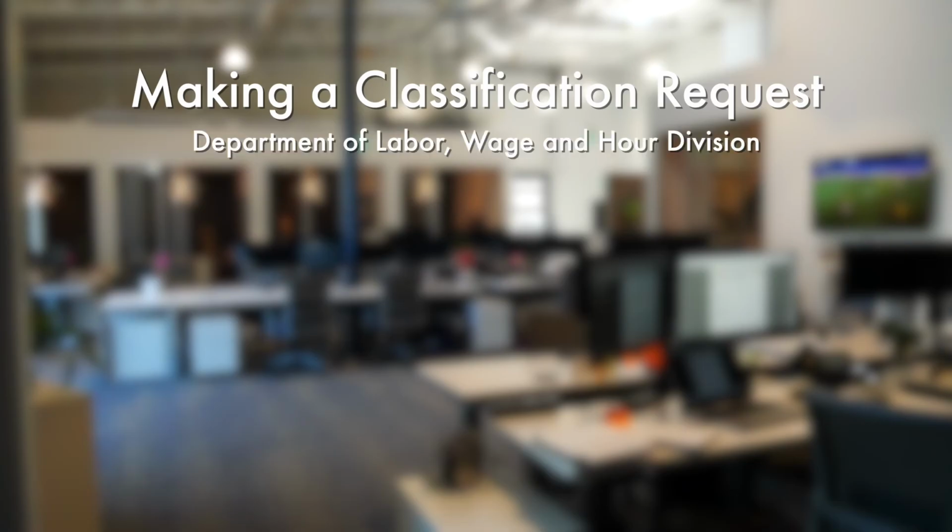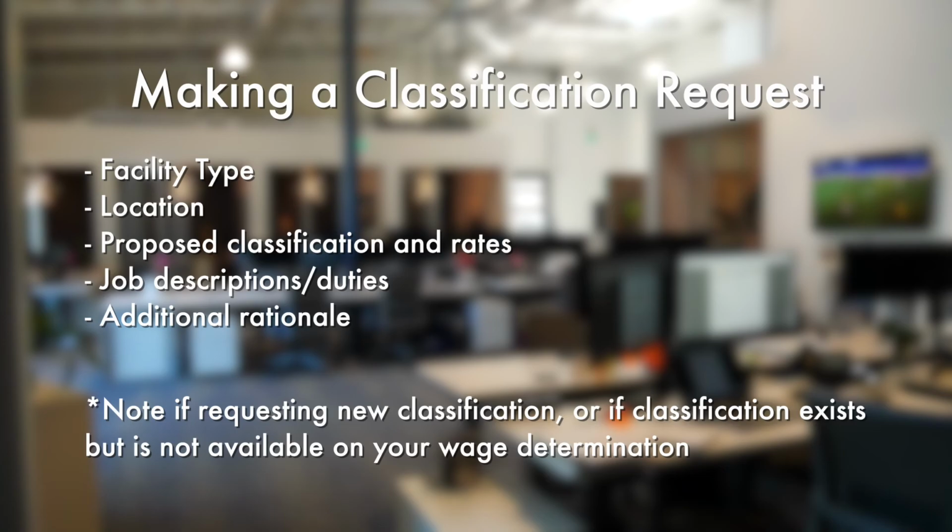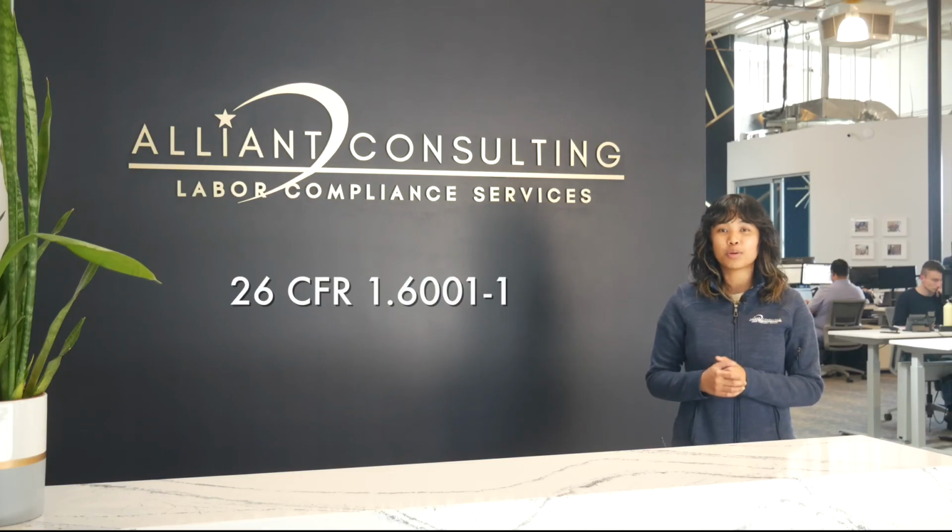a proposed classification to be verified at the Department of Labor, Wage and Hour Division via email at iraprevailingwage@dol.gov. In this email, you would provide the type of facility being constructed, the location, proposed classifications, and prevailing wage rates, along with job descriptions and duties, and any rationale for your proposed classifications. Be sure to specify whether your locality is missing the whole determination or if an entirely new classification is required for your employees. The DOL would then reach out with the applicable determination and prevailing wage rates. Be sure to keep this within your records as part of the IRA